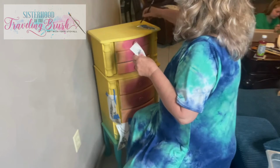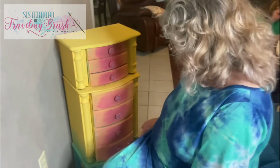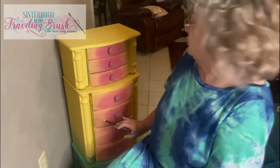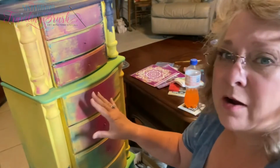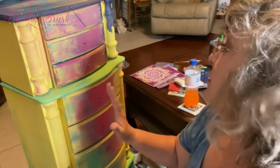Then we have this feather here. It may not look like much, but there's pencil marks on there that are gonna give me guidelines of where I'm gonna put the next paint. I can't wait. I'm loving it so far. And it blows me away how that happens sometimes, how you can get to a point where you're going, oh my gosh, I don't know what's gonna happen, to I'm loving it, I'm excited, I'm too excited,